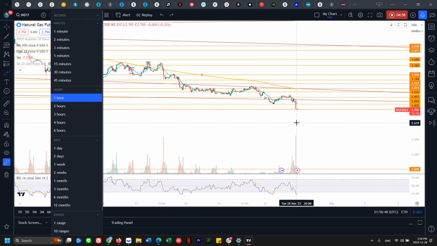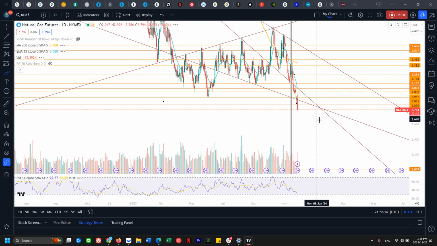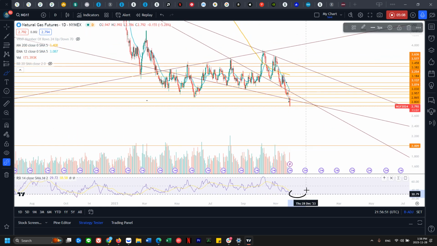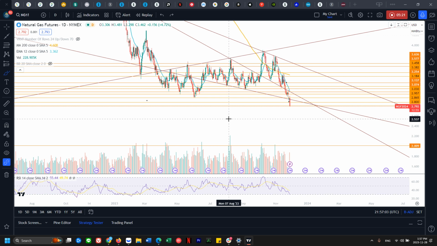So yeah, bare minimum, show me an hourly uptrend, or if you really want to try to nail the bottom, wait for at least some kind of divergence on the RSI. That's where RSI makes a higher low while the price makes a lower low, and you'll have a better chance of nailing the bottom. Make sure to set stop losses because nailing bottoms and tops is pretty hard, and usually we get stopped out. So give it a few tries and don't try too many times.